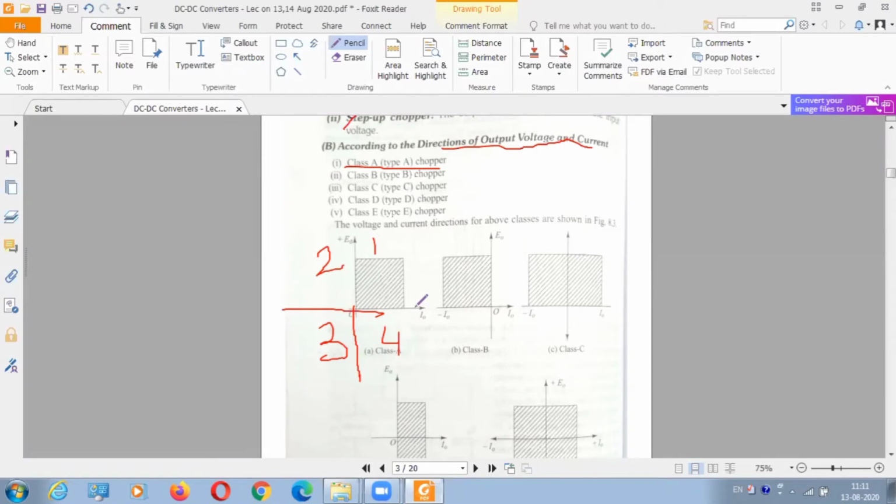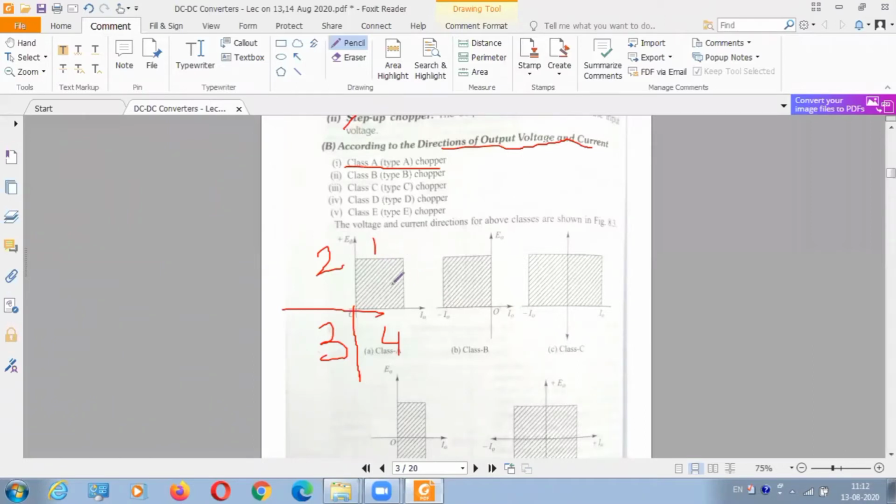If you use a rectifier, my average voltage will always be less, so we can't increase the speed. In order to increase the speed, I need to increase my voltage, because N is directly proportional to V. So in order to increase that rectifier voltage, I have to give it to a chopper, which will step up the voltage. Your chopper is also used as a voltage controller before feeding it to the DC motor. Since the DC motor acts as the output to the chopper, and a DC motor has 4 quadrant operation.